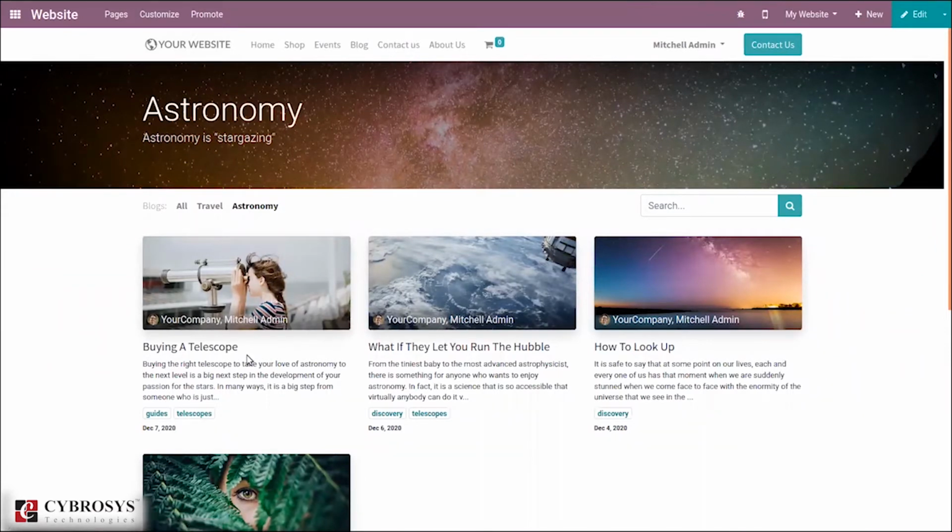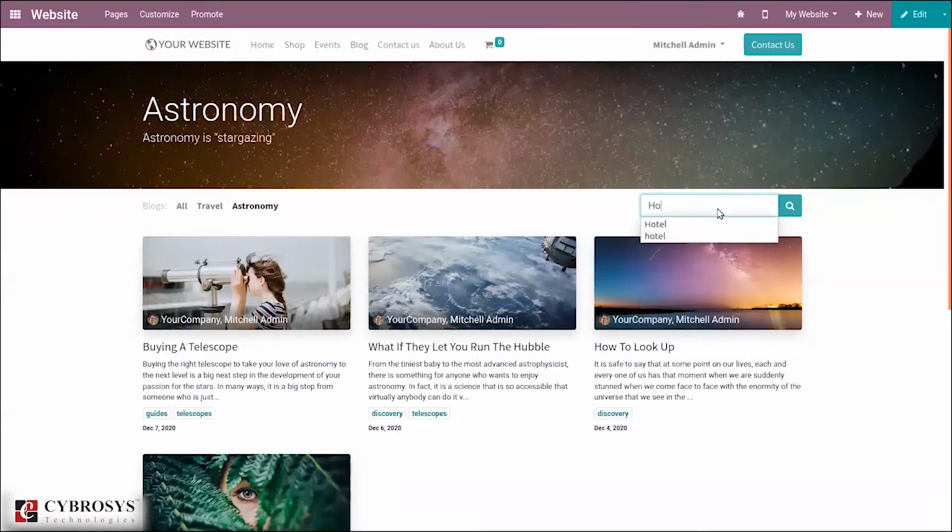You can see the blog post name, then some detail, the published date and some tags. Here you can also see a search option, so it is possible to search by some terms.